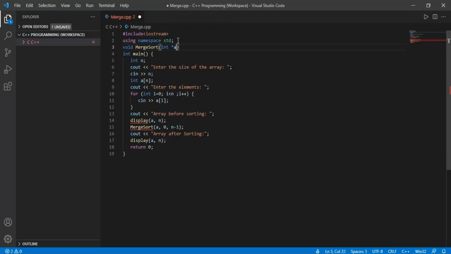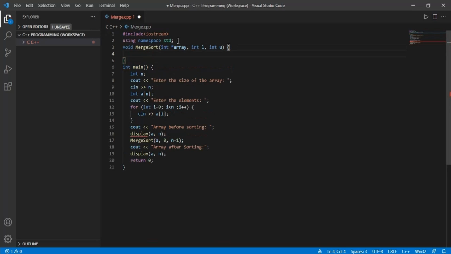We know the parameters. The first parameter is the array, which we are passing in the form of a pointer. You can also use square brackets here. Then the next parameter is the lower bound of the array, that is int l, then int u for the upper bound of the array. Now the purpose of merge sort is that we are given an original array, we need to split it at the middle position into left sub arrays and right sub arrays, and recursively go on repeating this particular process till we get the isolated blocks, and then they are supposed to be combined together in a sorted manner.